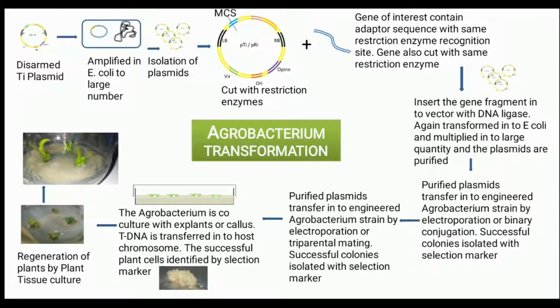And this Agrobacterium strain carrying the plasmid of interest is co-cultured with callus cells or leaf or root or shoot explants, so that the Agrobacterium can sense the explants by the wounded regions. The cutting edge makes the wound in the explants that is recognized by the Agrobacterium, and it can transfer the tDNA portion inside the plant cells during this step.